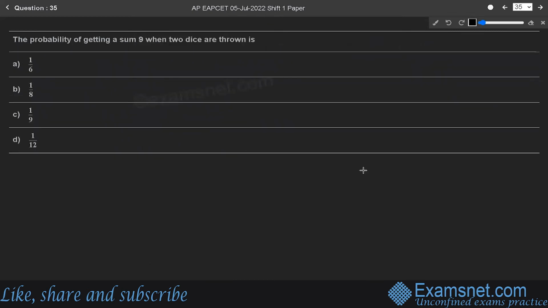Next question is, the probability of getting a sum 9 when two dice are thrown is. It is a very simple question that comes from probability. We know that the sample space for total number of possible outcomes will be